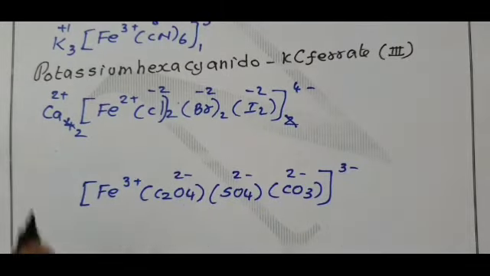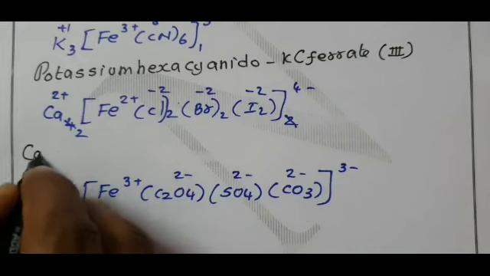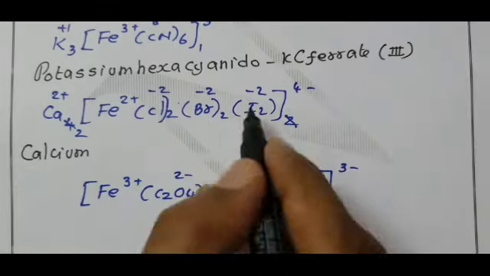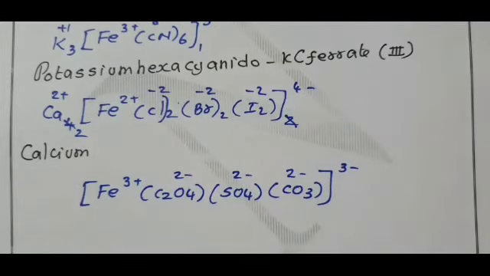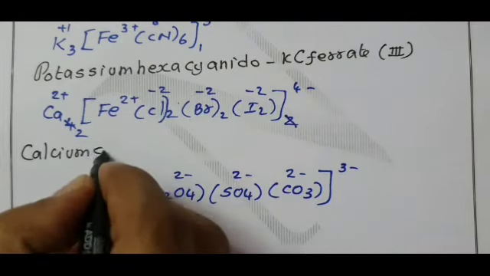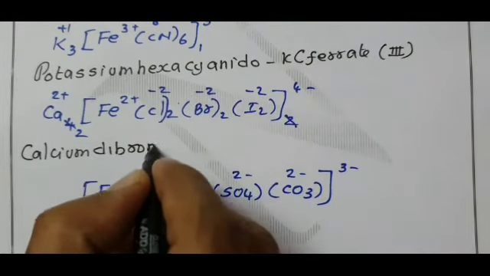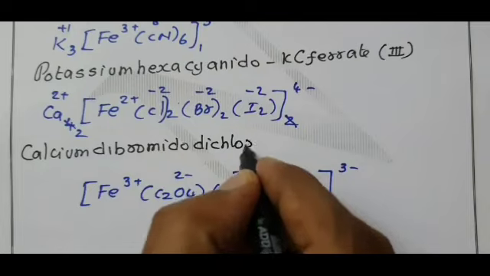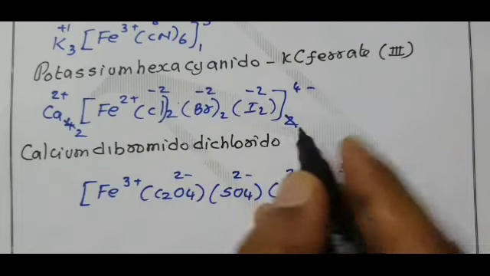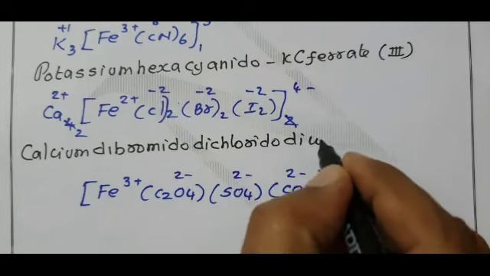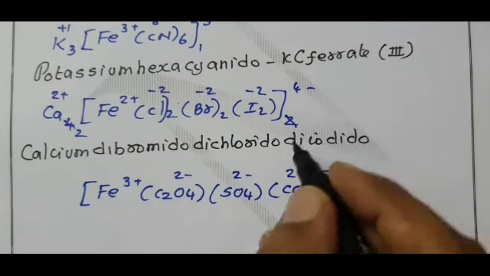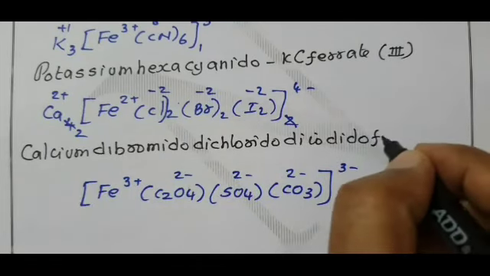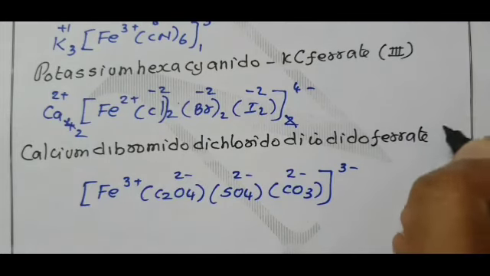Come to the last two complexes, cation, calcium. Here bromido, chlorido, iodido. All ligands are present as di. So first ligand, dibromido. Then next ligand C, dichlorido according to alphabets. B is first, C second, then diiodido. Iron anionic complex, actual name is ferrum. Therefore, here the name ends with ferrate. Ferrate. What is the oxidation state? 2.